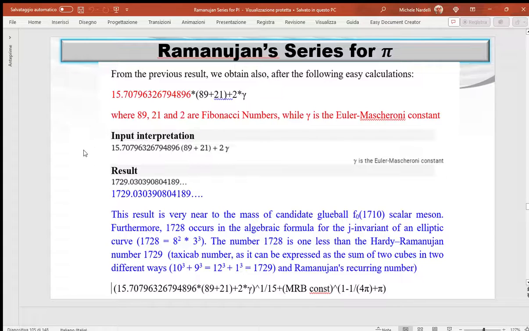We obtain the following expression and from which the following result, that is very near to the mass of candidate